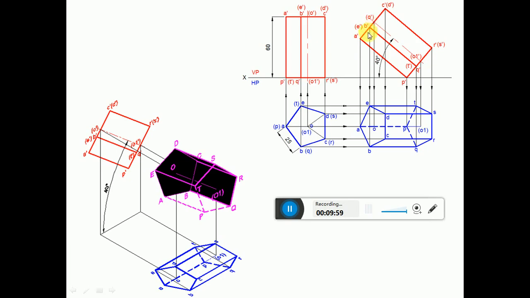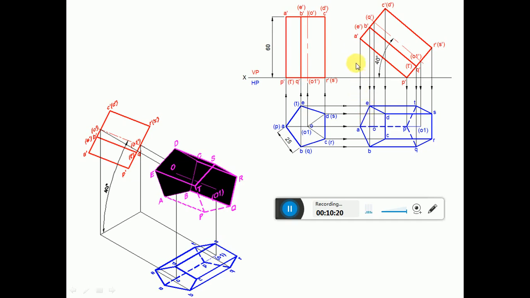Then join B dash E dash with Q dash to T dash with a dark line, and then mark the center line here. So this is how we are going to reproduce the first position of the front view in the second position. So now to this we need to write the top view.